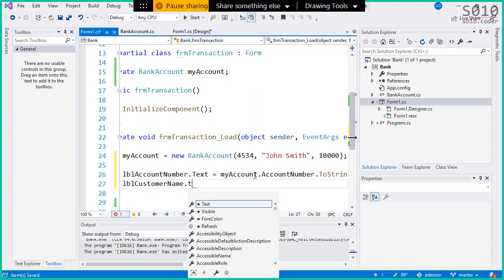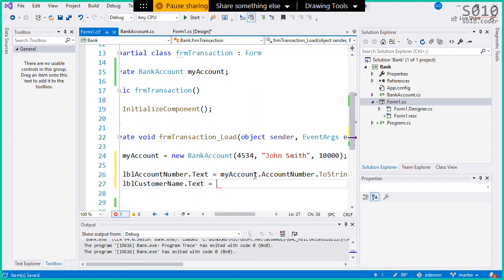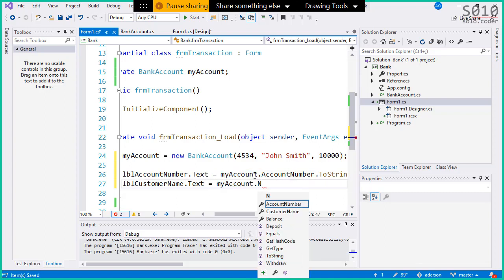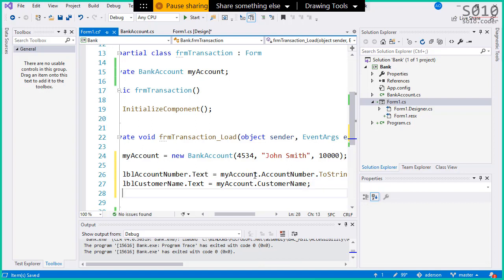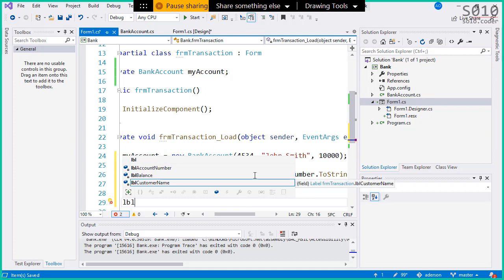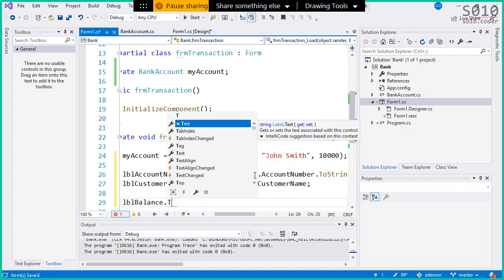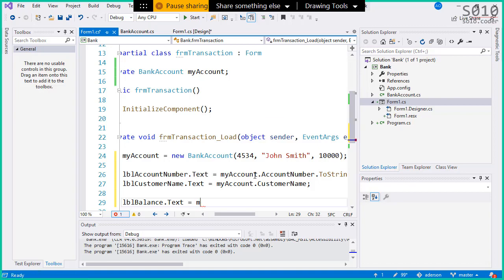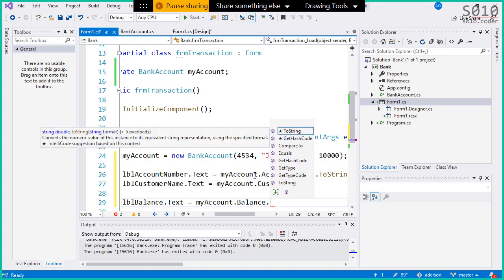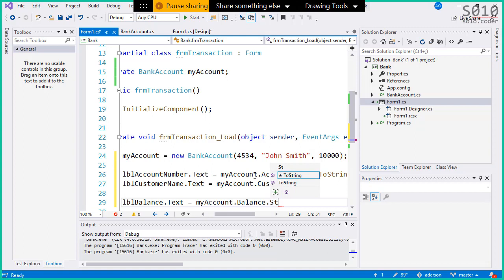Customer name dot text, sorry, my account dot customer name. It's already a string. I don't need to do anything further here. Then I have LBL balance dot text, which I'm gonna set to my account dot balance. But this time around, I'm gonna format this as currency. I'm gonna say to string,